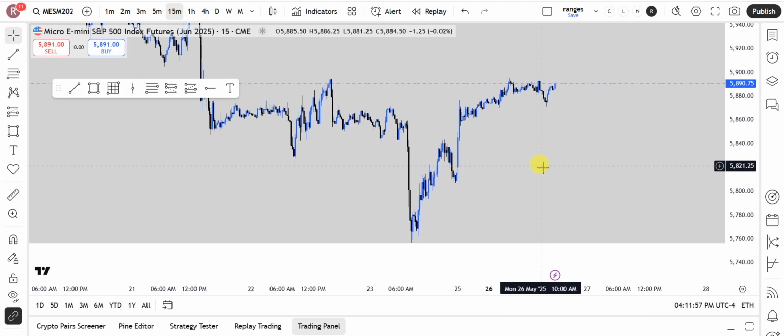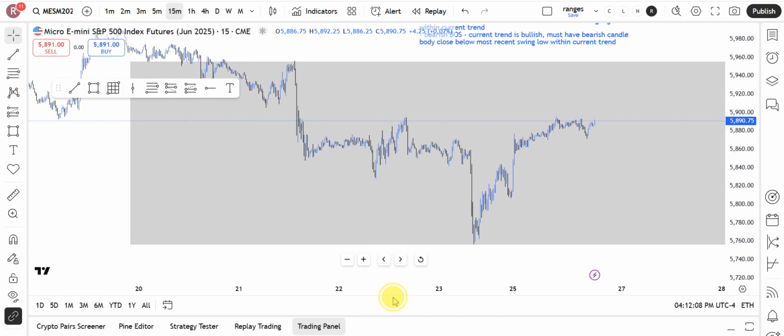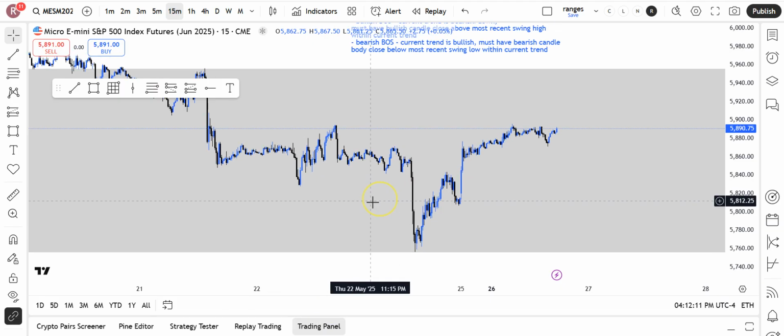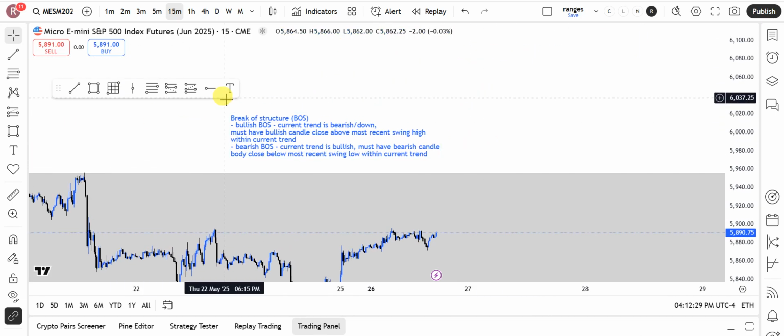So, like I said, we're going to have to understand a little bit more about market structure between long-term, medium, and short-term highs and lows. But when we combine those two, we're going to see a huge paradigm shift in our perception of how to determine market structure change and changes in current trends and reversals versus retracements and all that good stuff. But the homework for tonight is going to be,